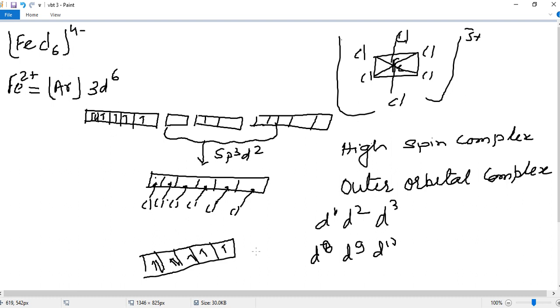ऐसा नहीं कि 4s का एक यूज कर लिया और आगे 4d का एक यूज कर लिया, या 3d का एक यूज कर लिया और आगे 4d का यूज करें. No, you need to use both for your requirement. इसी तरह से अगर हम एक और कॉम्प्लेक्स की बात करते हैं, let's discuss about one more complex